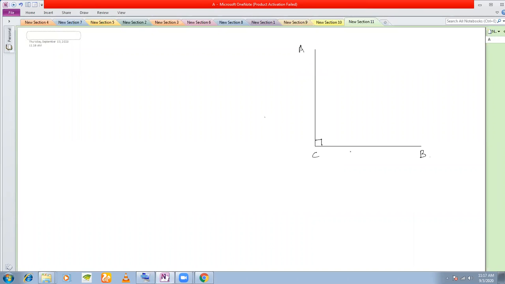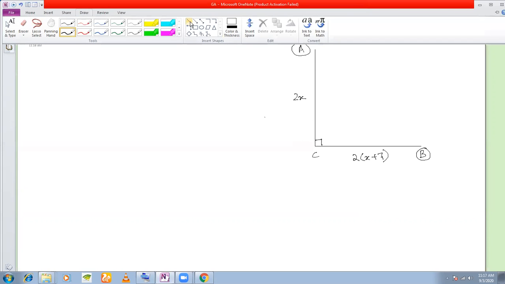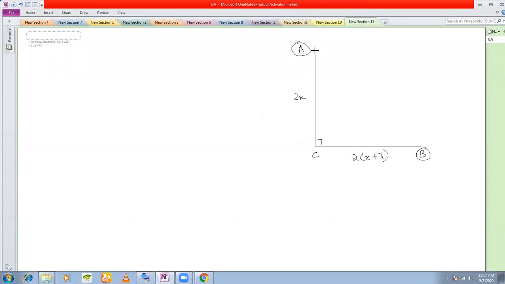Such that AC is perpendicular to CB and AC is equal to 2x. So here you have 2x. And CB is equal to twice of x plus 7. All these are given in kilometers. I'm not writing the unit. It is proposed to construct a 26-kilometer highway which directly connects city A and city B. So what is the direct route to city A and B? The hypotenuse. So you join. This is the direct route to A and B.